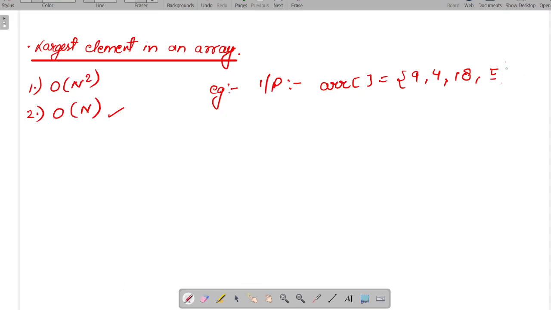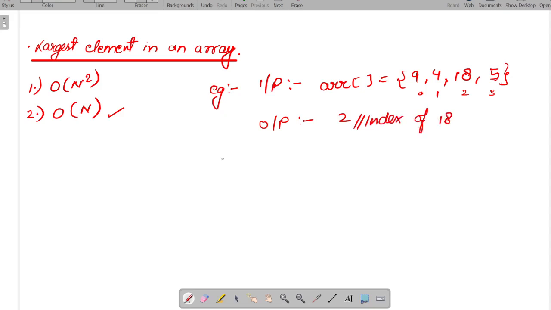As we can see, 18 is the largest element in the array. Let's mark the indexing also: 0, 1, 2, 3. We have to return the index of the largest element. So the output in this case will be 2, because the index of the largest element is 2. What is 2? 2 is the index of 18.